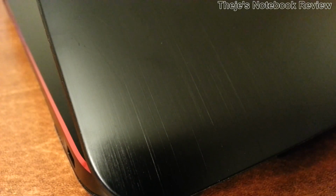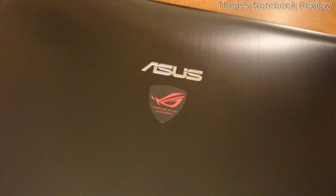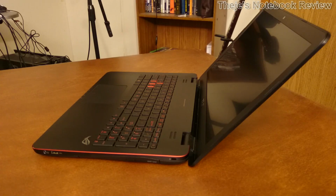The top of the notebook emits a muted shine with a brushed metal texture, save for the chrome Asus logo and mild ROG insignia that lights up when the notebook is on. The inside chassis around the keyboard has a simple yet elegant plastic with a semi-gloss finish that really likes to